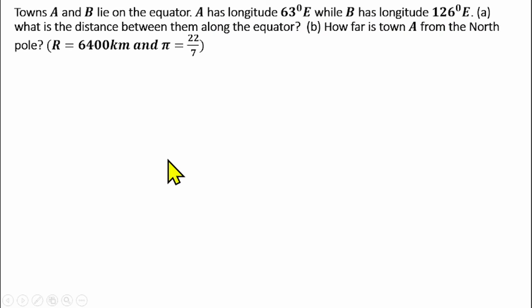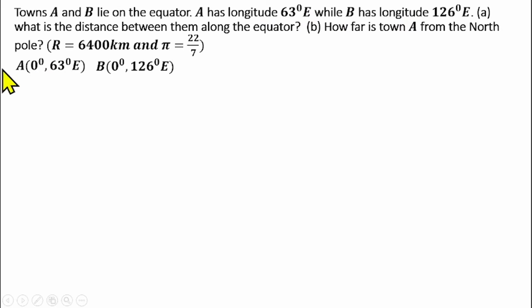So of course I can also represent these two towns. I can represent their geographical location in a coordinate form. This is their longitude. This one is 63 degrees east, this one is 126 degrees east, but both of them are on the equator, which is a latitude. So that means point A should be 0 degrees, 63 degrees east, and B should be 0 degrees, 126 degrees east,